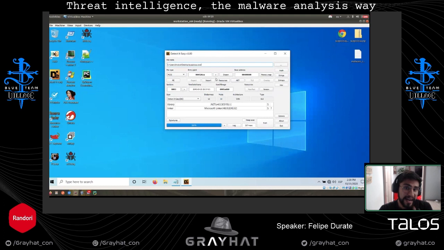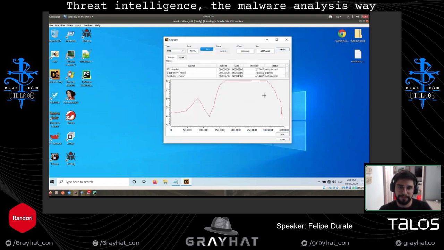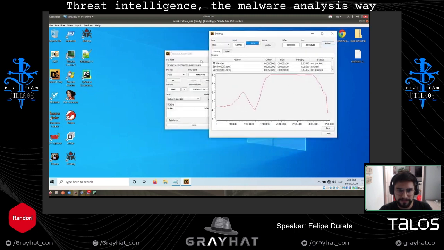Entropy is a nice indicator. If you go exactly to entropy, you will see here that there is a bunch of stuff with really high entropy. The highest value for entropy is 8.